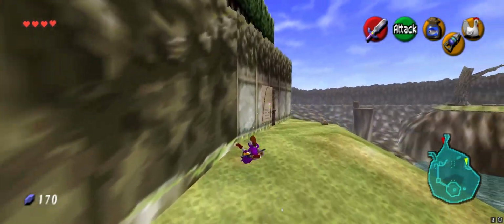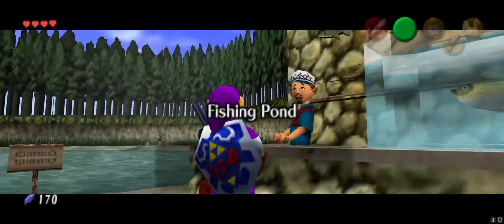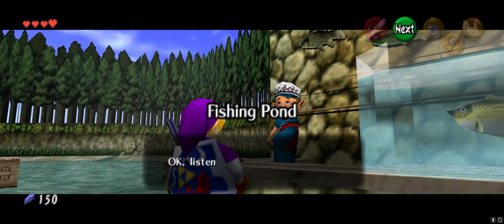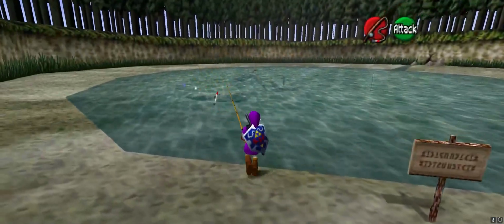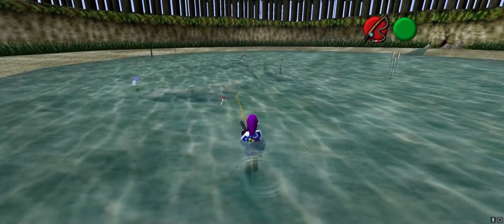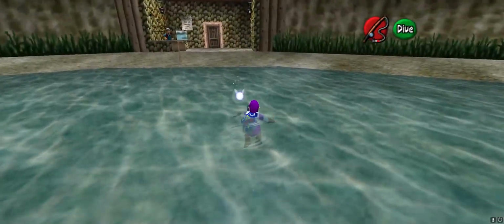Boom. Alright, now, this is version 1.2, so I can't use hover boots to steal the rod as much as I would love to. That would make this way easier. Oh, no, no rumble pack. Oh, darn. So we gotta do the swimming method. This could take a while, so don't be surprised if I end up cutting, but...